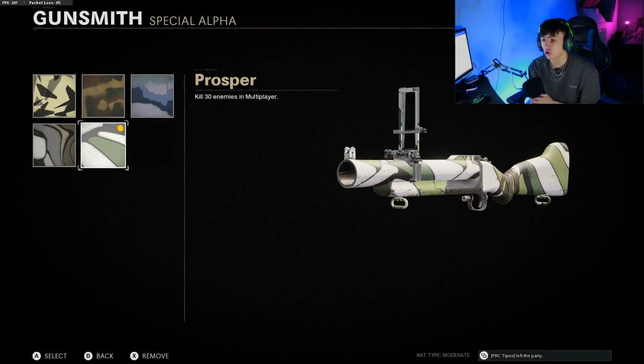So the first one we have got is kill 30 enemies in multiplayer. Super easy. It literally takes 1 or 2 games, depending on how you're playing. Play hardcore for every single camo doing this, guys. By the way, every single camo, play hardcore when you're using this gun. And the reason for this is on hardcore, it is always a 1-shot, unless they've got tac or flak jacket, then maybe not. It does take a 2-shot, but majority of the time it's a 1-shot kill,